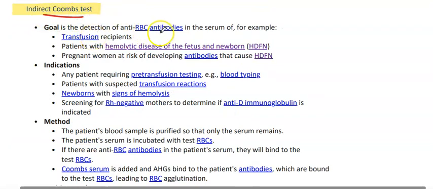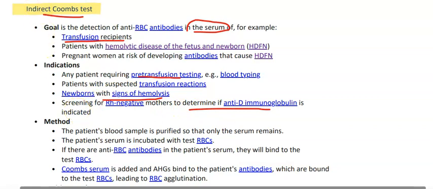In this, there is detection of RBC antibody in the serum. So for example, in a patient receiving transfusion, or a patient with hemolytic disease of the fetus and newborn, or pregnant women who are at risk of developing antibodies that cause hemolytic disease of the fetus and newborn. What are the indications? Pre-transfusion, patient with suspected transfusion reaction, newborn with signs of hemolysis, and screening for Rh negative mother to determine if anti-immunoglobulin